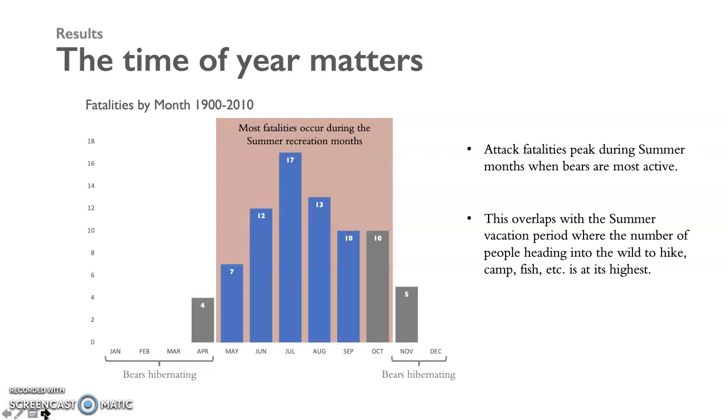The time of year makes a difference in the likelihood of a fatal bear attack. Almost no attacks have occurred during winter months when most bears are hibernating. The peak for fatal attacks is in the summer months when the chance of human-bear interaction is at its highest. Black bears are out of their dens and raising cubs, while humans are packing up their outdoor gear to head out hiking and camping.